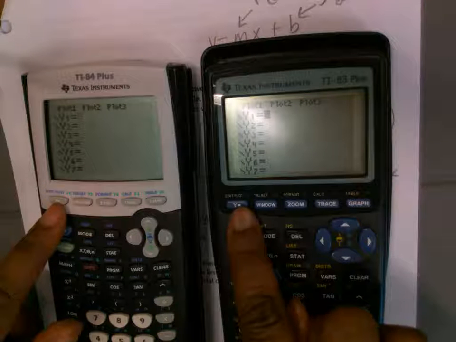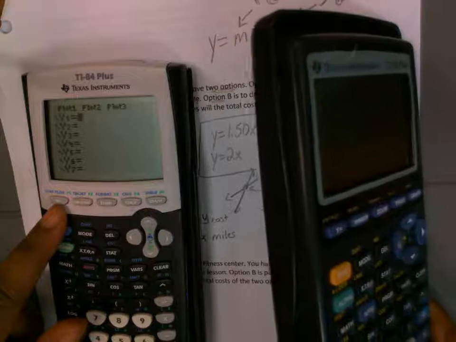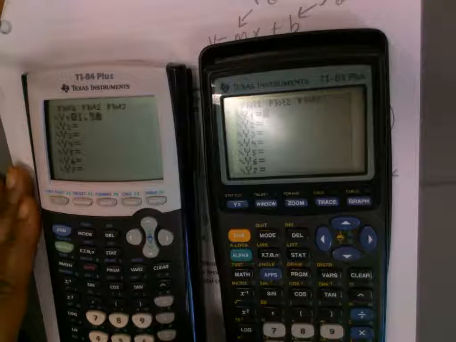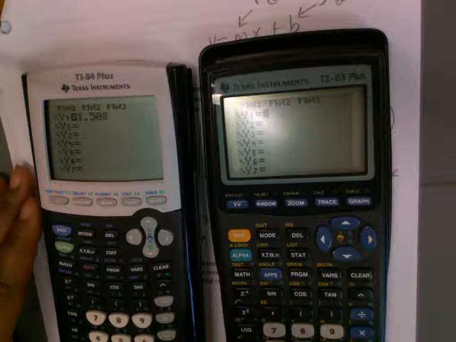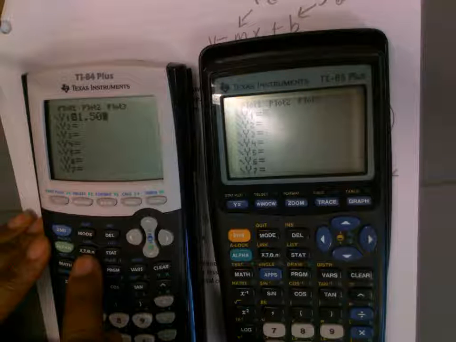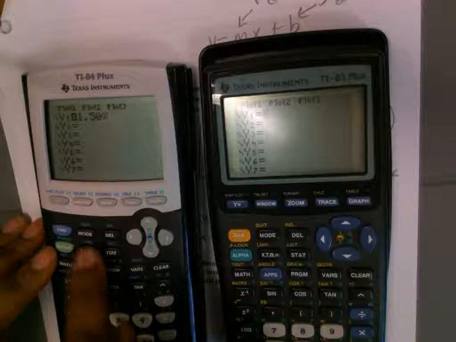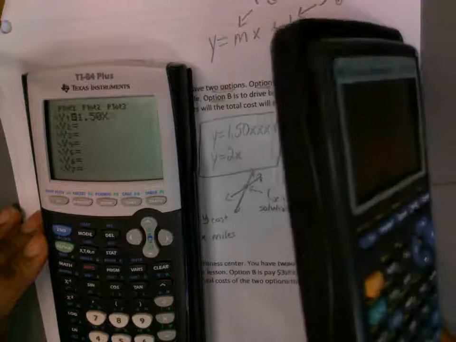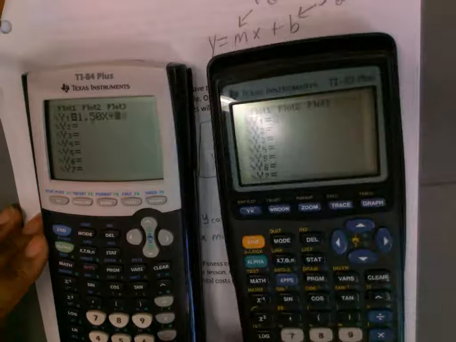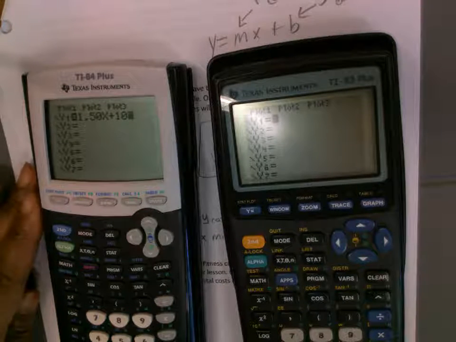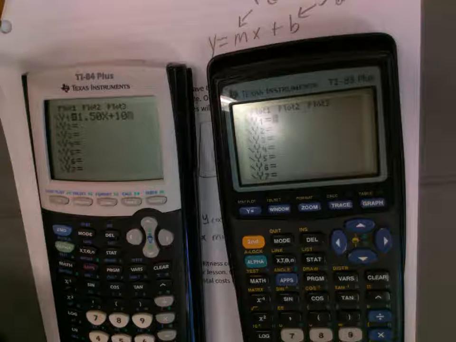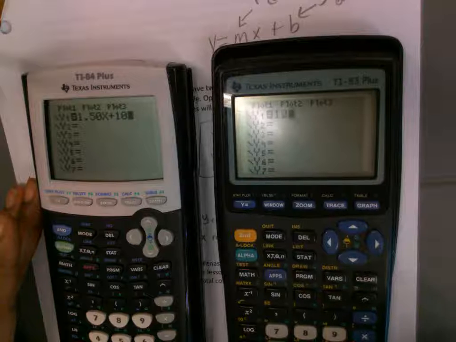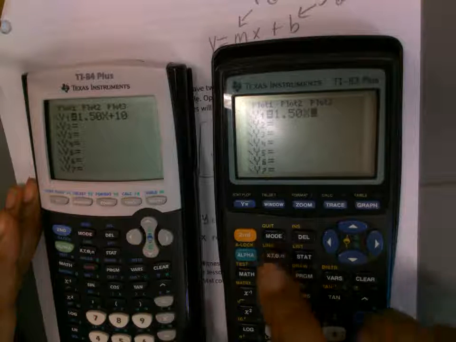We're going to type the first equation in, which is 1.50x plus 10. X is right beside the alpha button. And then it's going to be plus 10. So we got 1.50x plus 10 as the first equation. On this calculator, it's in the same place. 1.50, x is beside the alpha button,